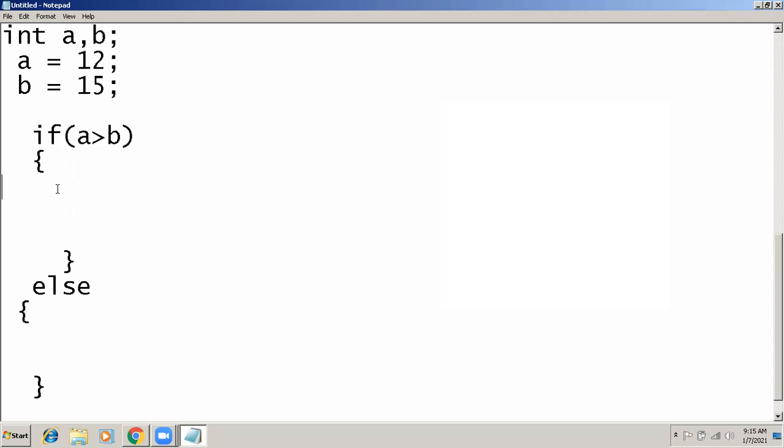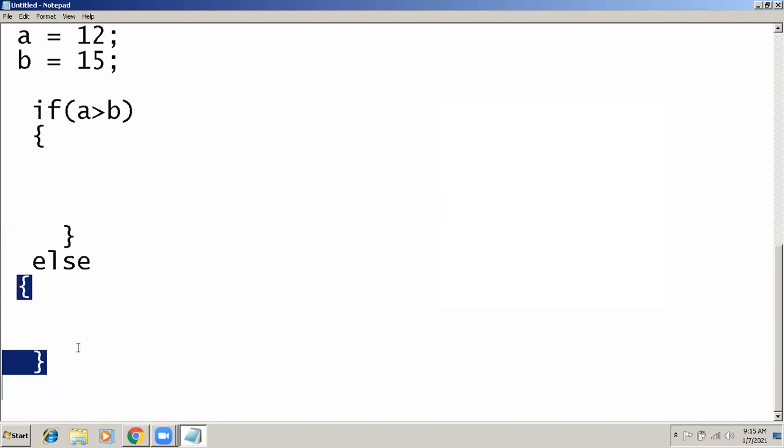We have to mention all those things inside this if block. This block will be executed when this expression is true, and if this expression is false, then this else block will be executed.